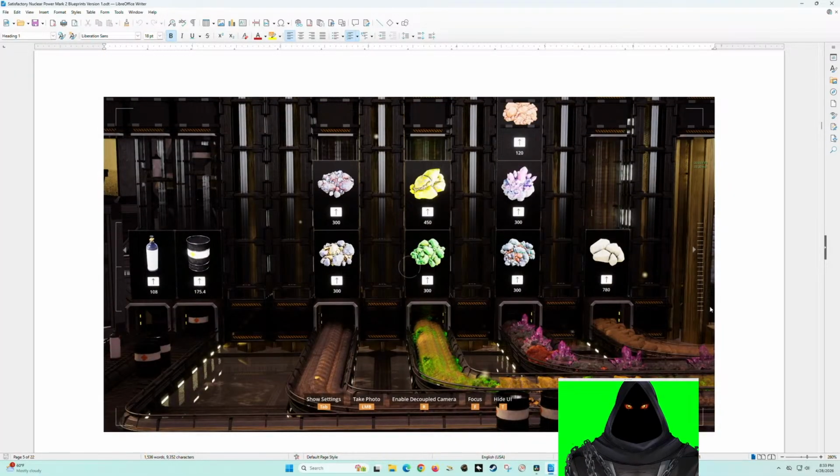So there's a blueprint that I provide to you called the input display instructions, and it just tells you how much resource you need. So you need 300 uranium to produce 90,000 megawatts, and you need 450 sulfur, 300 iron, 300 deuterium, 300 copper, 300 raw crystal, 120 bauxite, and 780 lime.